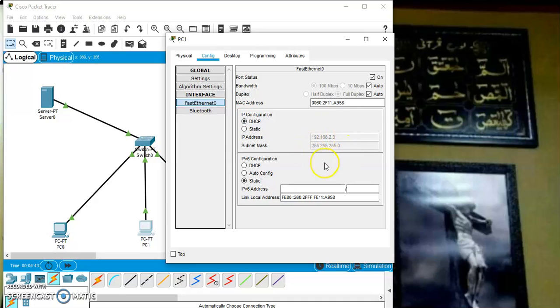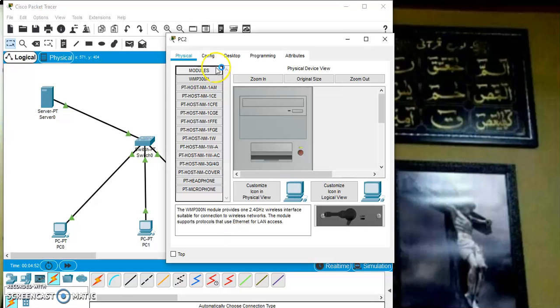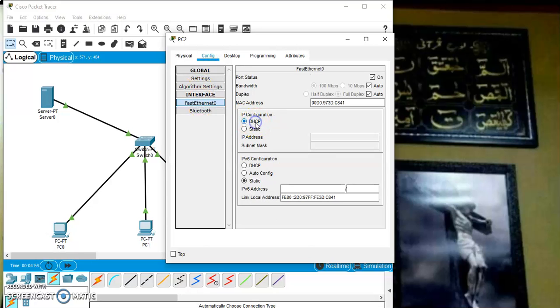Yes, again automatic IP addresses are provided. And similarly, if you go to the last PC, configuration and Fast Ethernet and DHCP. So I hope everything is clear as far as DHCP is concerned.